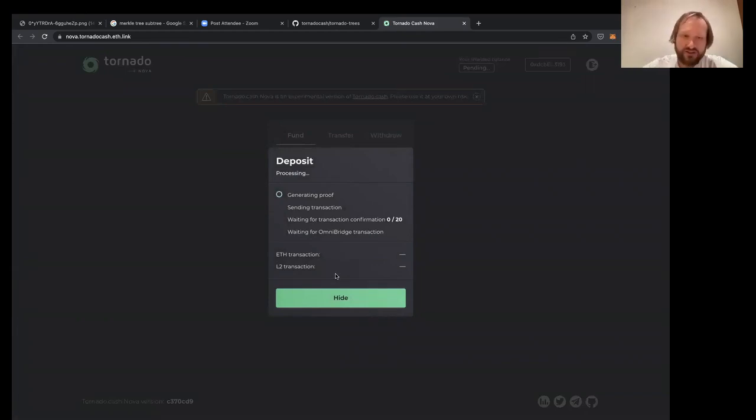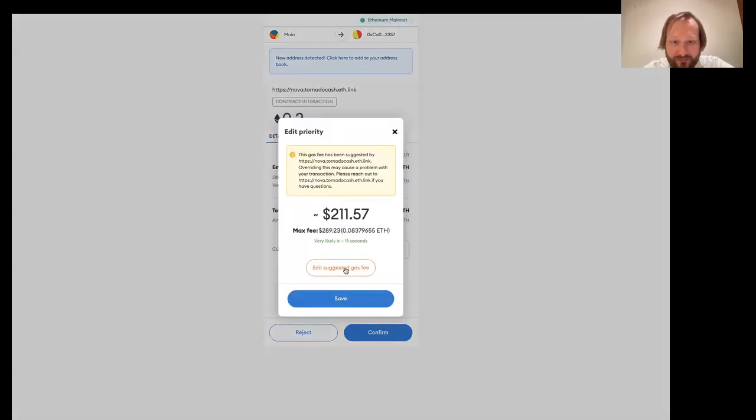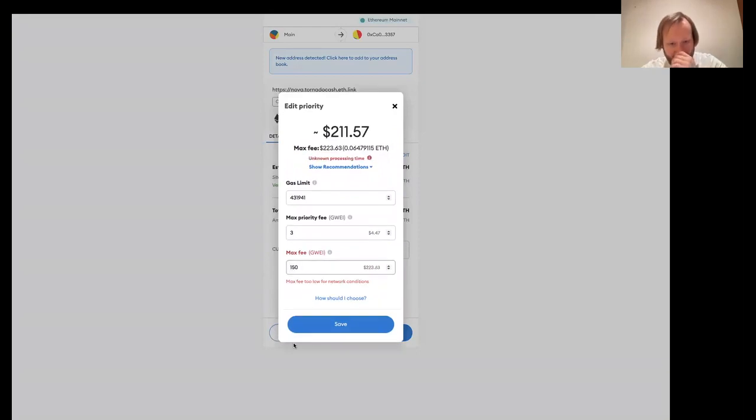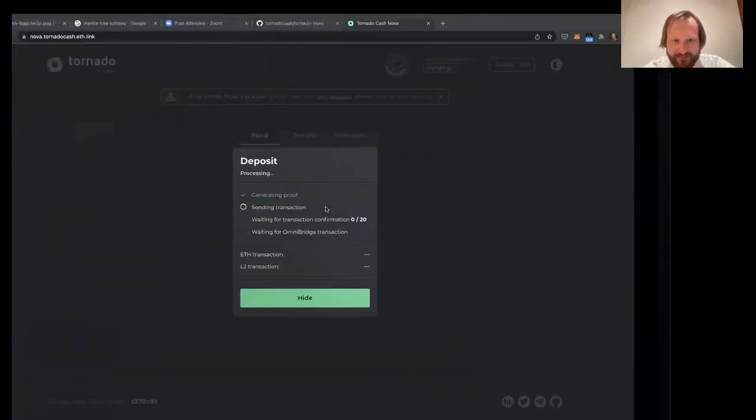And it will generate proof, but it will take a little bit of time. Well, gas prices are pretty high. Well, let's do it anyway.